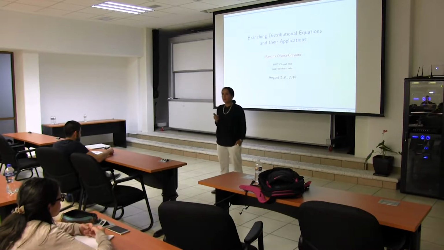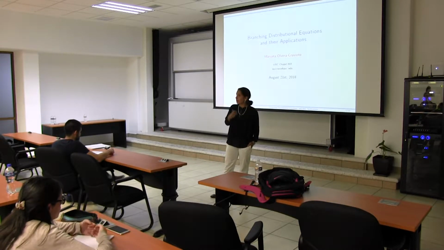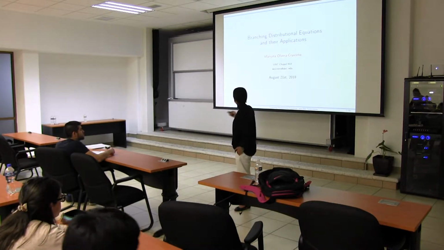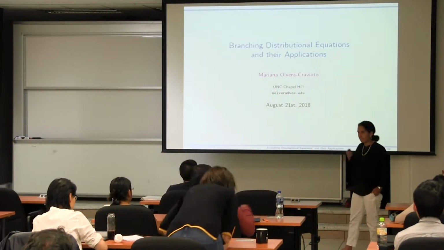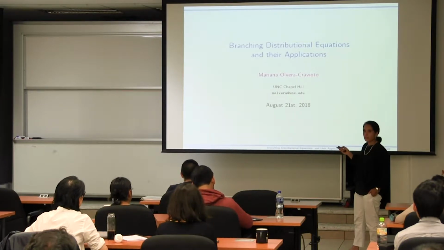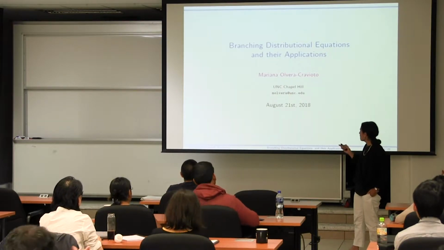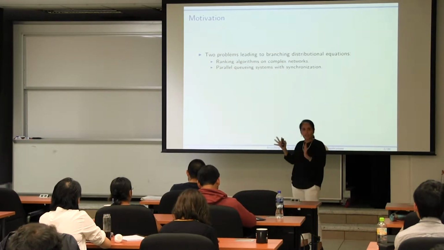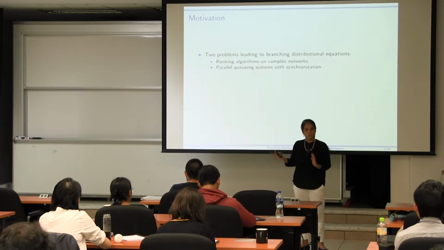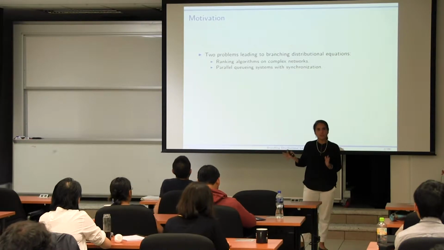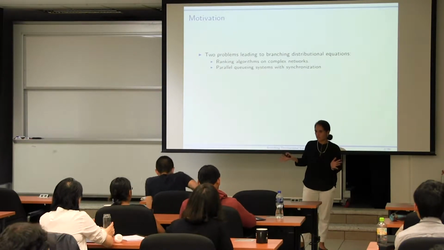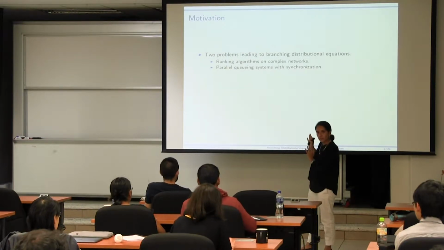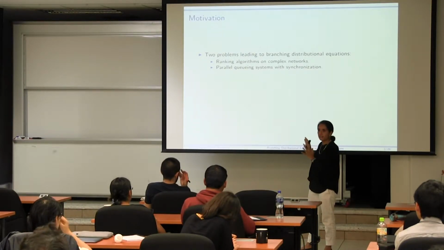But I'm going to tell you about some of the examples that motivated my work in particular, which to this day I still find rather interesting and with lots of interesting future potential avenues to explore. So again, taken from yesterday, what we're going to do is look at those attracting endogenous solutions of certain branching distributional fixed point equations. And I'm going to give you 2 examples in particular where these equations appear